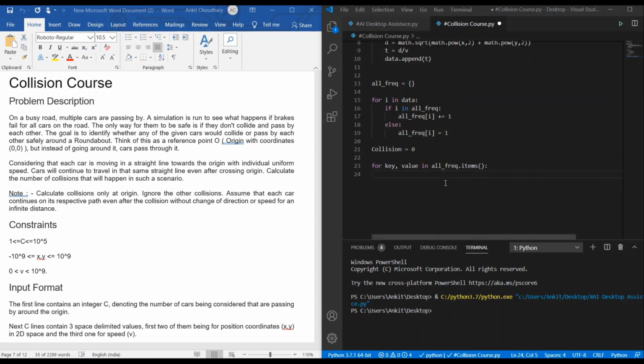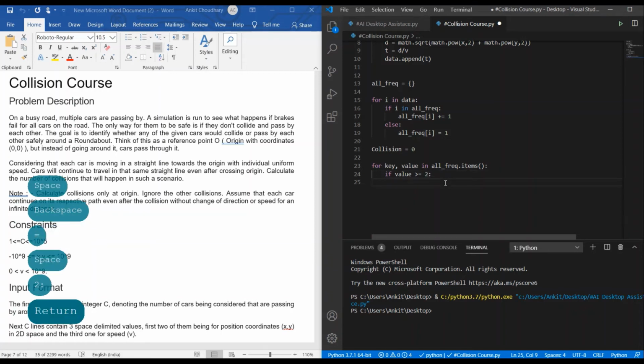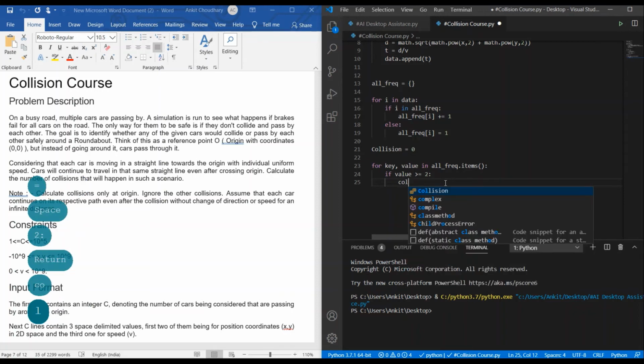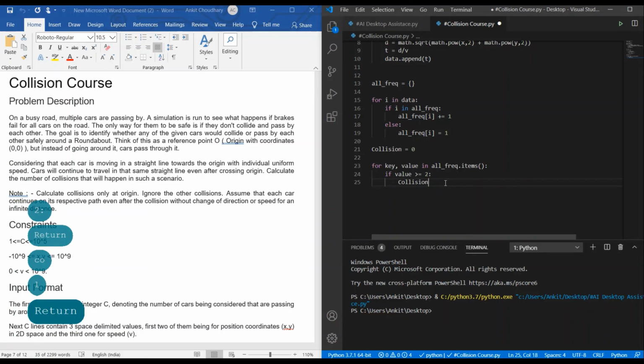For that we will implement the condition: if value is greater than or equal to 2, it will come inside, and the number of collisions will increase